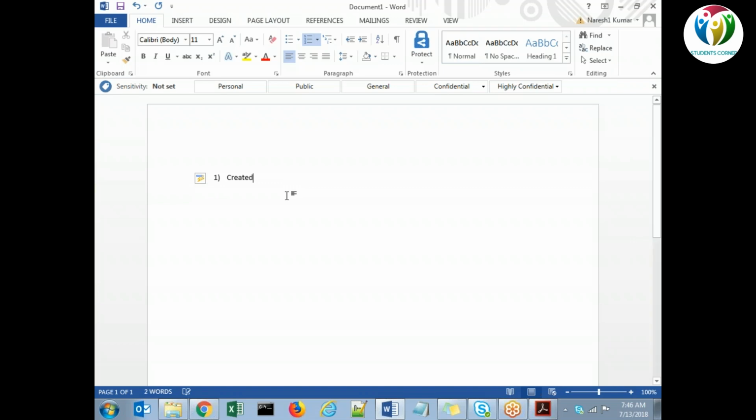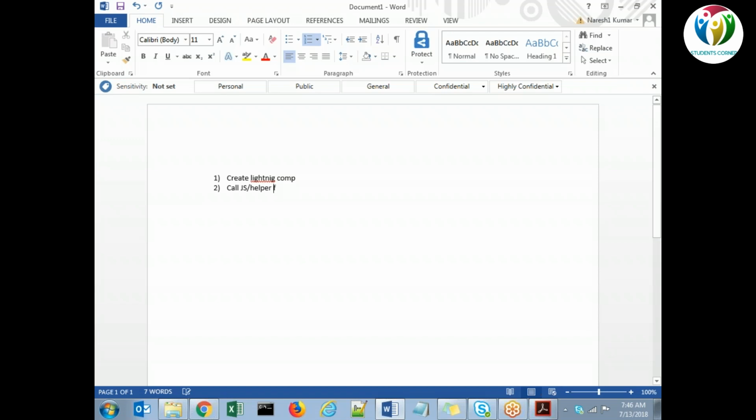So there are 5 steps to display the account record, account or contact, whatever you want. Account, contact, or any custom object you can use. First we create the Lightning component, which we have already created.